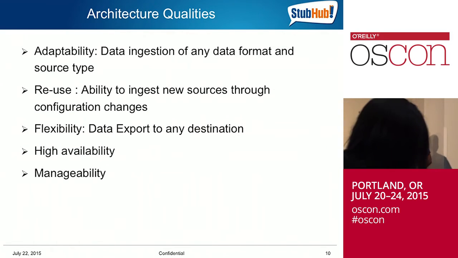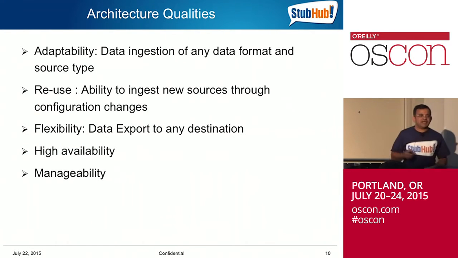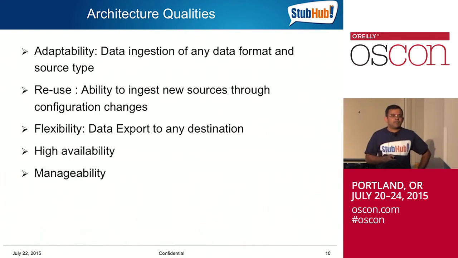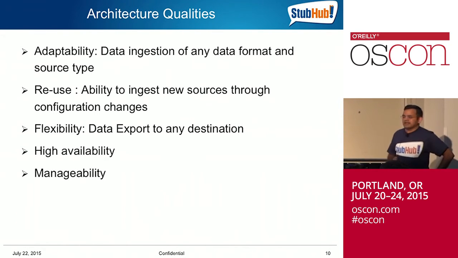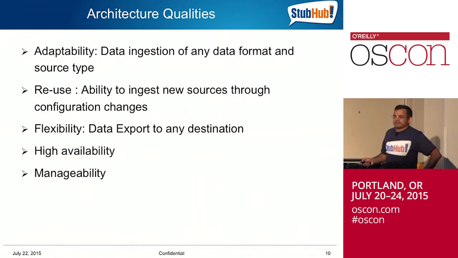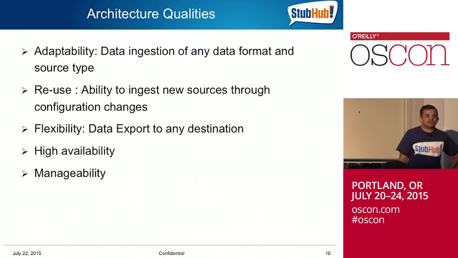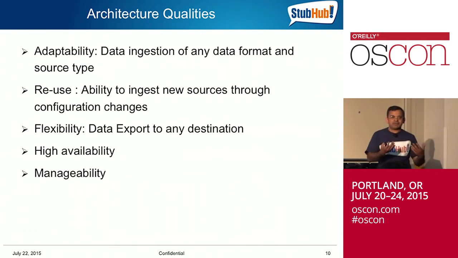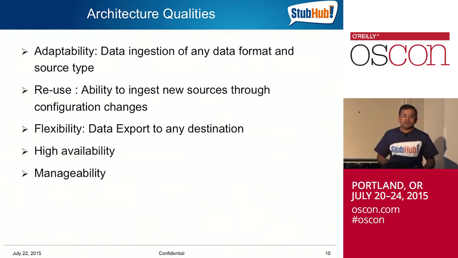The qualities that we kept in mind as we're building this, and again, these are not necessarily rocket science, but some of the key principles that we followed is we wanted to make this as generic as possible. This is the data ingestion for any source and type. It should not be specific or hard-coded to a particular type. We wanted that extensibility. And the reuse part of it, as some of the data source adapters are part of the framework, and some you might be building your own in configuration, but how do you leverage that?